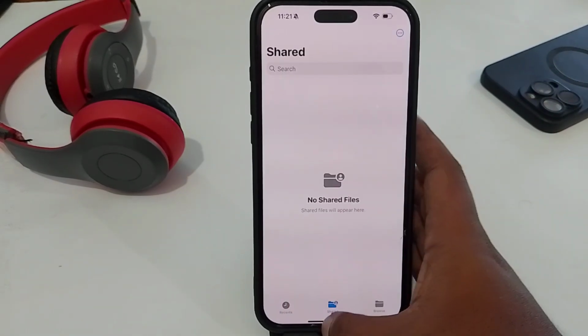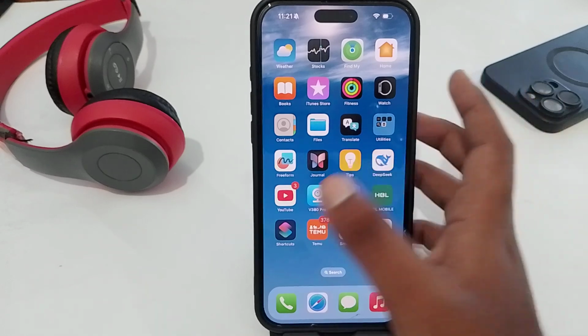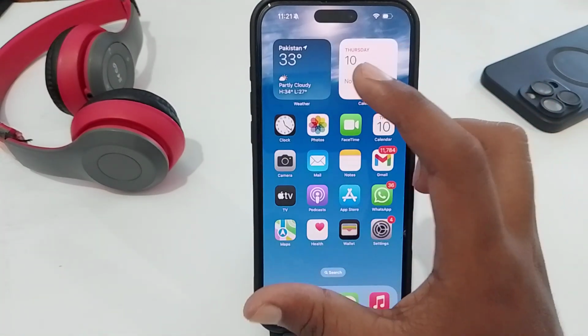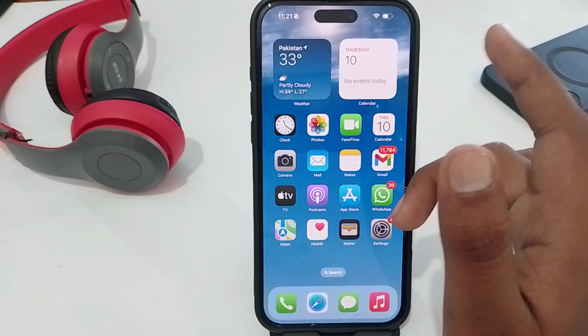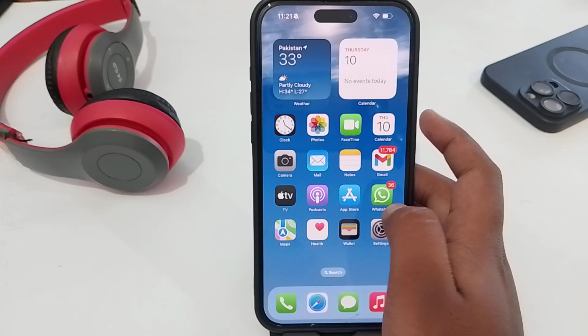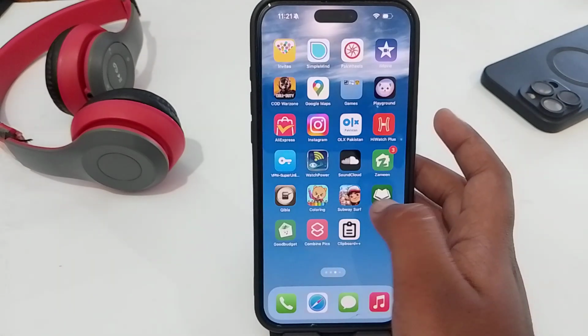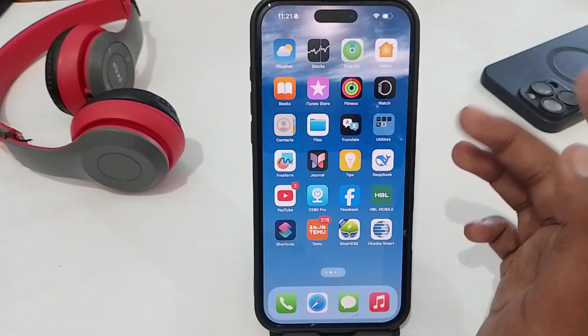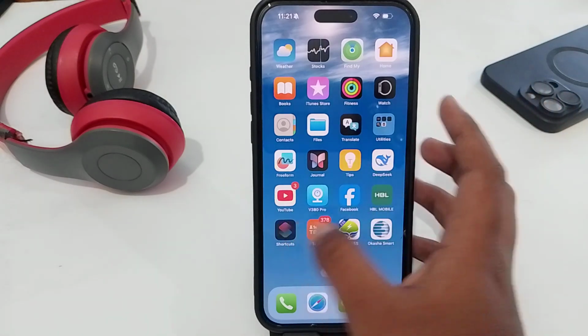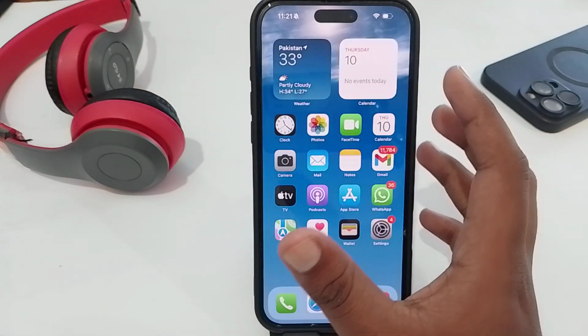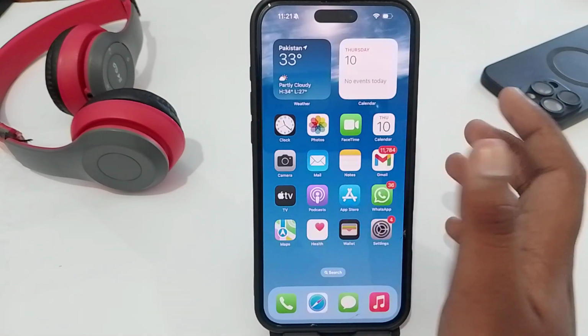But if you don't get it here, you have a second option, which is to use an app that can access the AirDrop history. There are some apps to do this. You have two apps, basically Dropbox or Google Drive, which can access your AirDrop history. So that's how you can see your